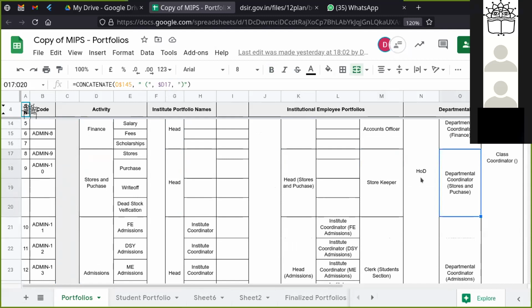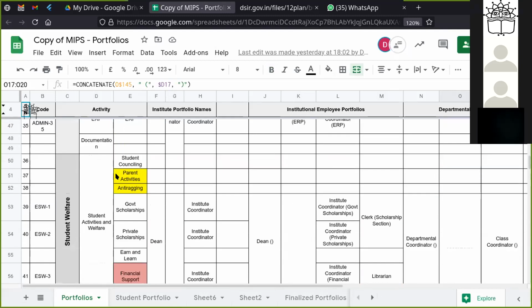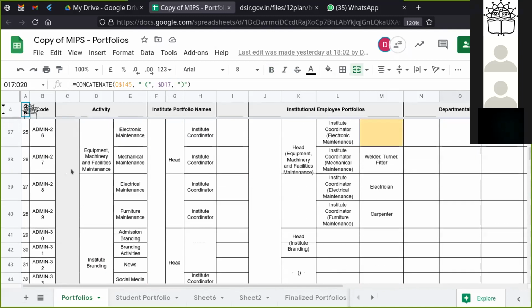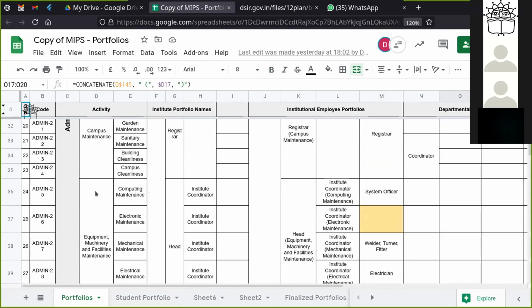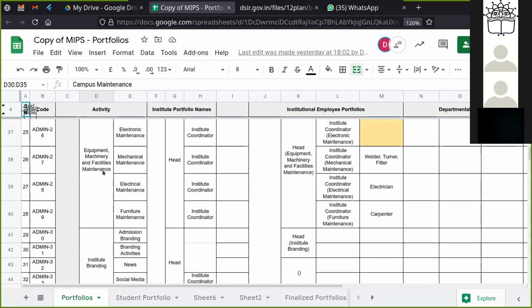Then we go to the department. I'm just taking one example; I think I'll take academic, and I will show you the other activities that we have. There are sub criteria. In administration we have sub activities like campus maintenance, equipment, machinery and facilities maintenance, and institute branding. I'll make the font a little bigger.